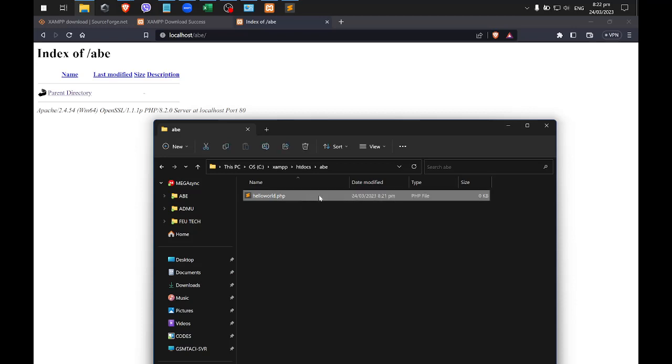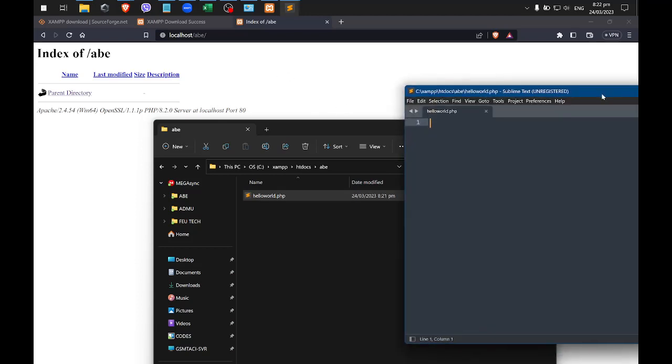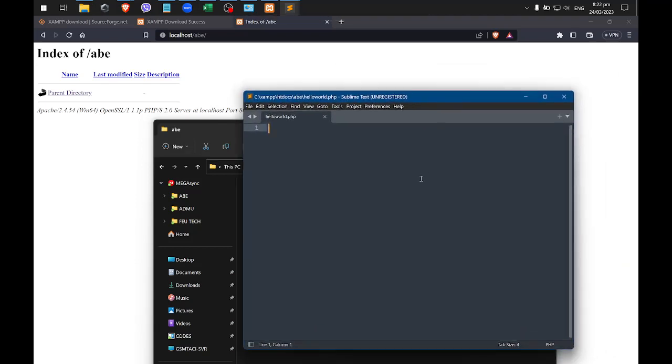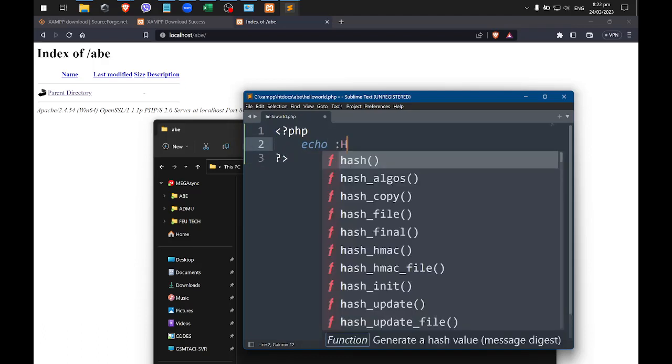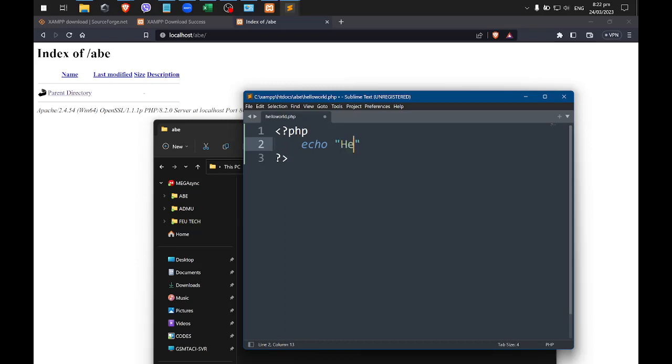So I'll just open this one and it will show here. So this is the hello world. You can type in HTML, so it will automatically be recognized by the browser, but I'll use PHP. So starting and closing tag for PHP, and then to display something, just echo and the string that you want to display,